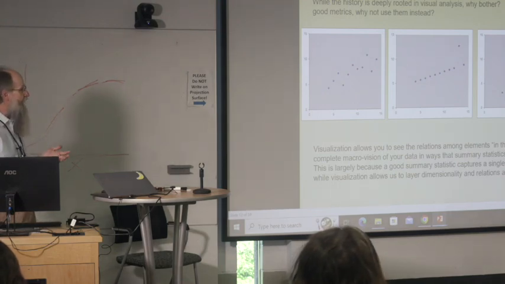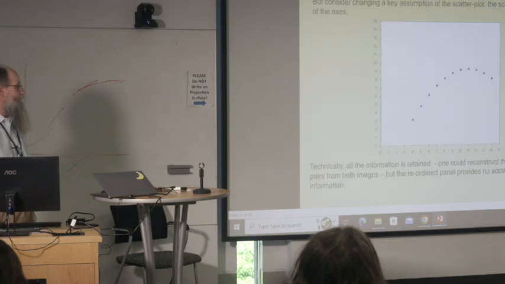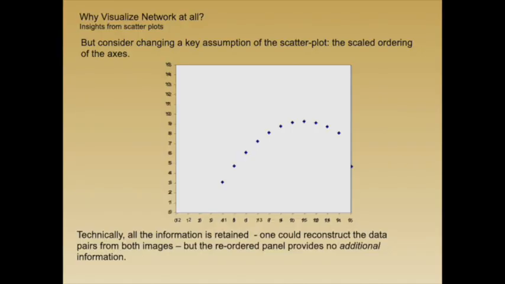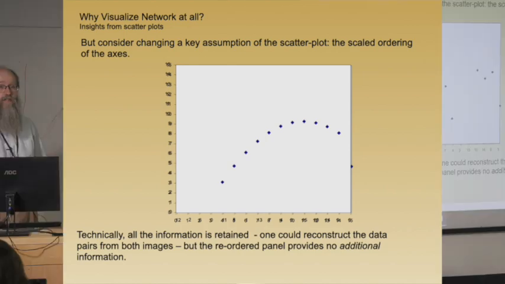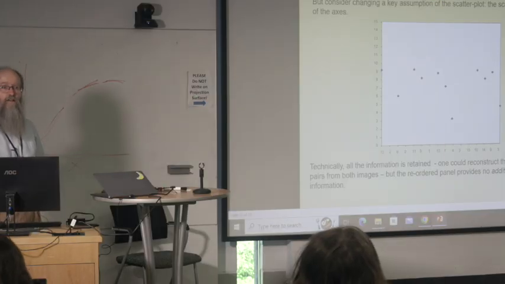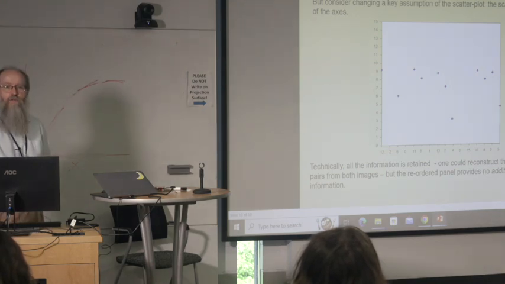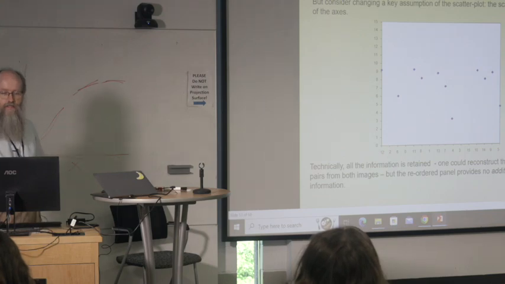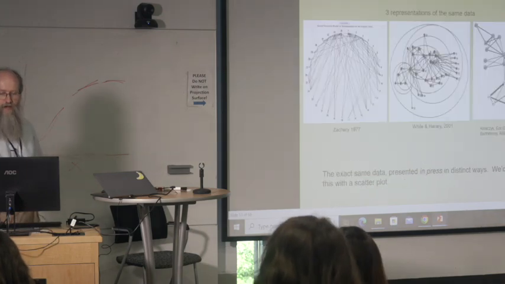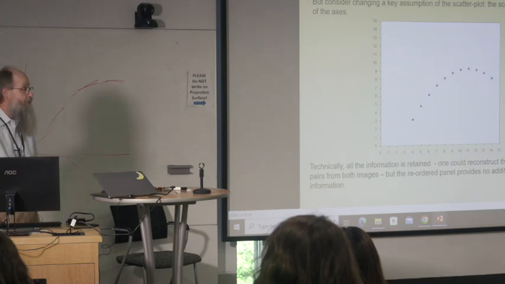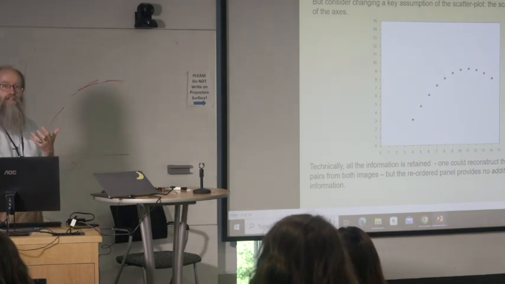And it works in a scatter plot because the axes are meaningful. If you think about this particular element here, the y-axis and the x-axis are both ordered arrays. You have the exact same information if I just permute the x-axis, right? There's nothing inaccurate about this display of information. All the data points could be recovered, but it's not intuitive. It doesn't mean anything. And so the meaning of a scatter plot comes from the fact that it has a fixed understanding of what the underlying space is.